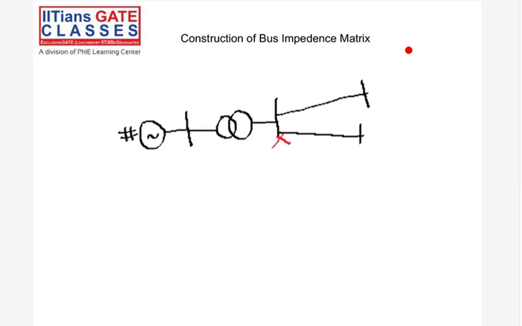So we had looked at the physical significance of different values. We found that the diagonal element Z_ii corresponds to the Thevenin equivalent impedance at node i, and Z_ij corresponds to the voltage increase at node i for the current increase at node j. I hope you remember all this. Then we looked at the concept of